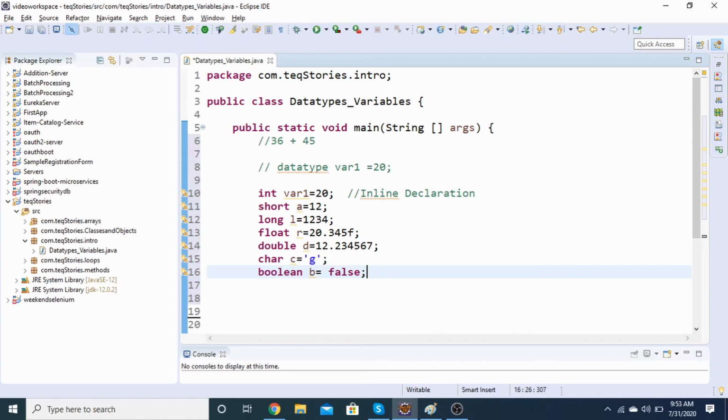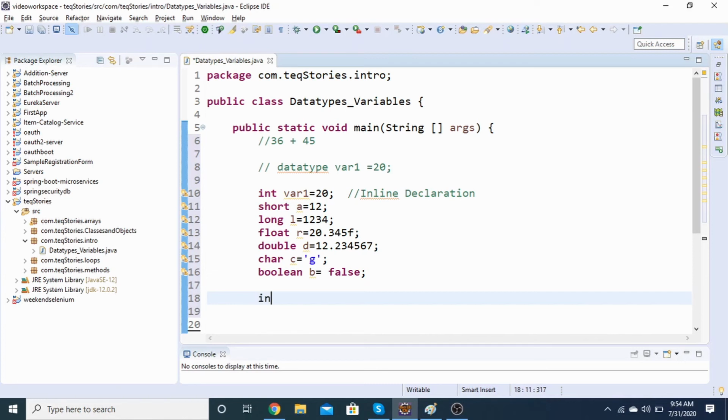Right, so our task here today was to calculate the addition of 36 and 45, right? So now let us try to add these two numbers and let's try to print the sum in the console. Now how exactly will I be adding up the numbers? So first of all we will have to declare and define the numbers, isn't it? So what will I do? I will go for defining these two numbers. How do we define them? With the help of data types and variables only, isn't it?